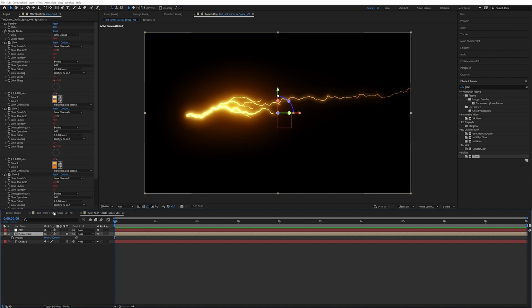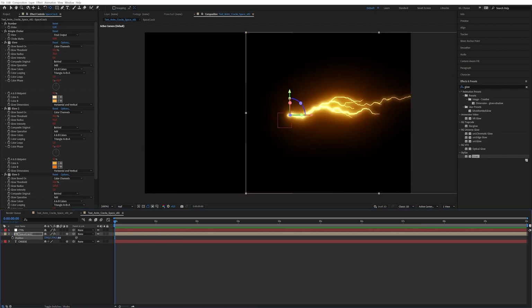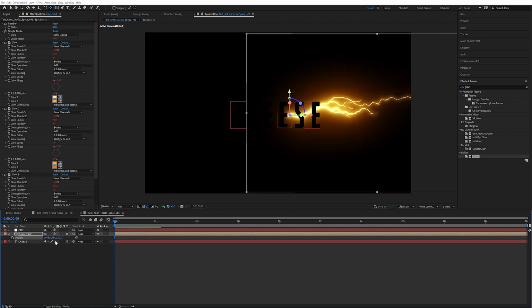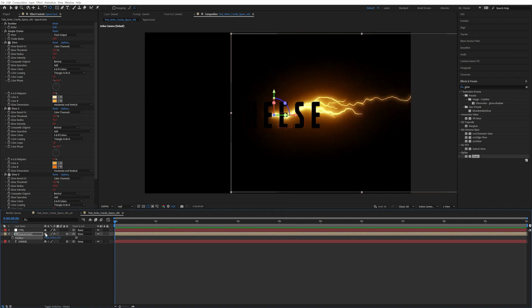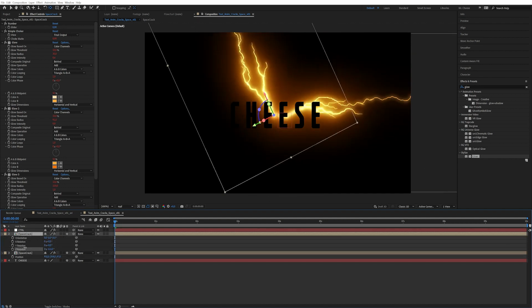Control-Shift-H just to show the GUI again, because I want to move the anchor point of this bad boy. So I'm going to go up here into the Pan Behind tool, or Y, and I'm just going to move this anchor point to the origin of the crack. There you go. Because this now is going to be a lot easier to rotate around its own axis and stuff like that. So I'm just going to move this behind, maybe start duplicating, Control D, rotating a smidge